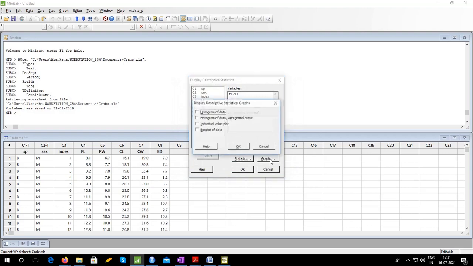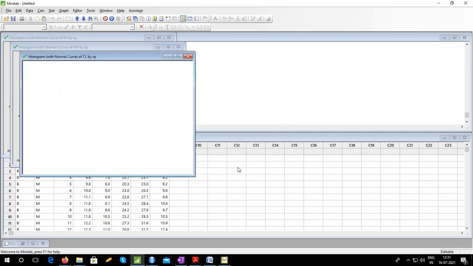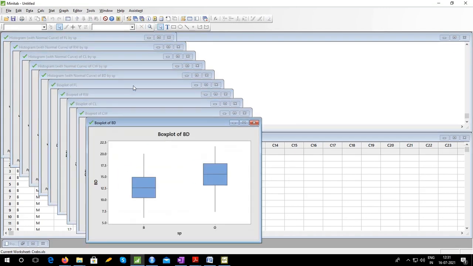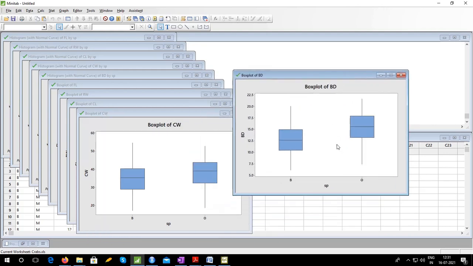And in Graphs you can have a histogram of the data, you can have a box plot of the data. Histogram maybe with normal curve, just to see if the data is normal. Okay, so see the box plot of BD for these two species.